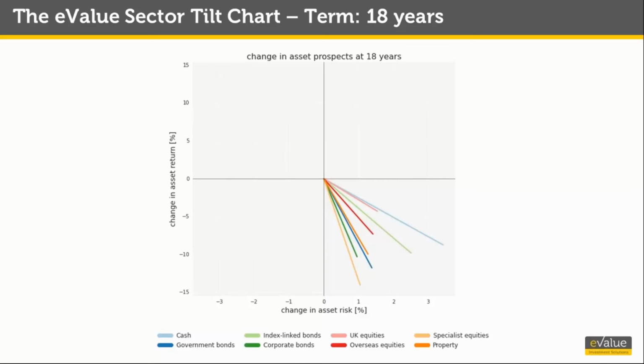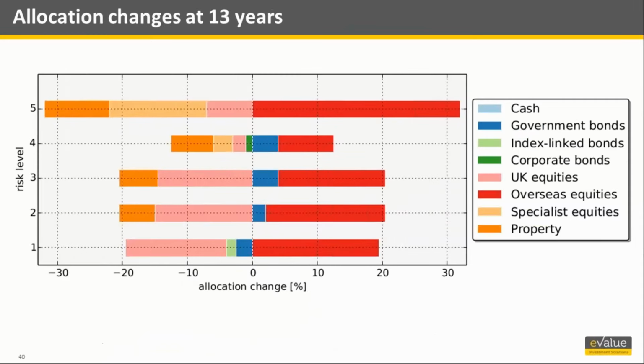This has a knock-on effect on the allocation changes since April. And by way of an example, we'll show one of those portfolio changes. In this case, what happened at a time horizon of 13 years. In light of the above, we have relaxed the constraints on our property and overseas equity assets to better reflect expected market movements. The allocation changes from the last quarter show movement out of property and out of domestic equity into overseas equity, which is in line with what we broadly expect from current market conditions.